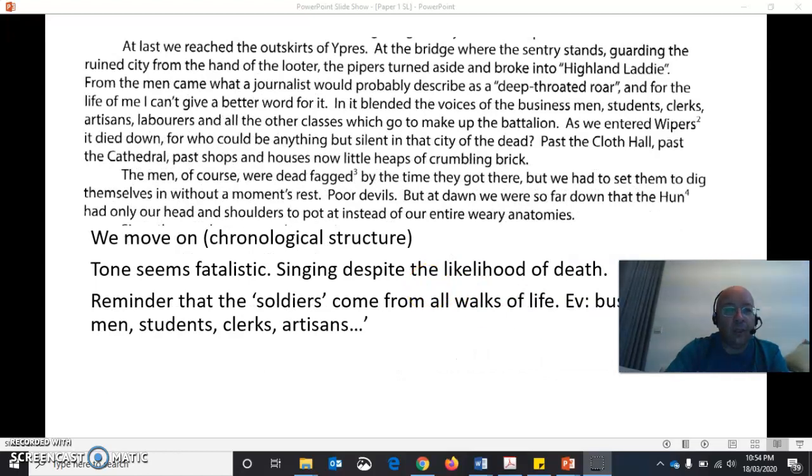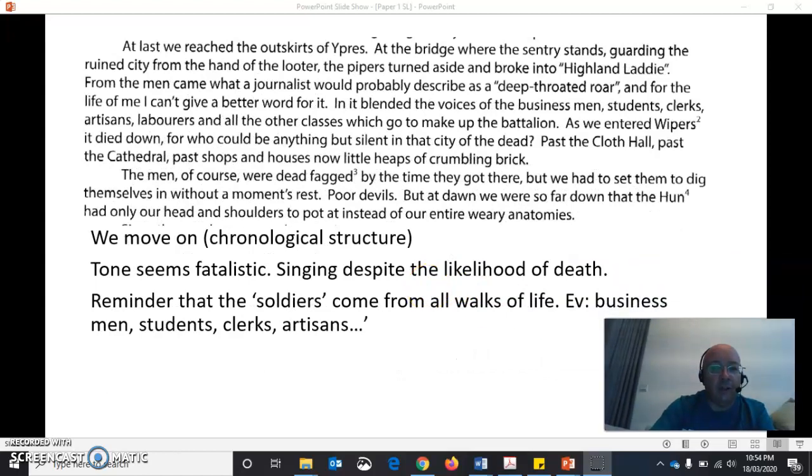Moving on, he moves on chronologically. The structure of the piece is kind of recounting, like a diary almost, of what happened. It talks about the people singing and the soldiers singing. Again, this kind of fatalistic, whatever will happen, they're going to be upbeat about it, and he seems to be